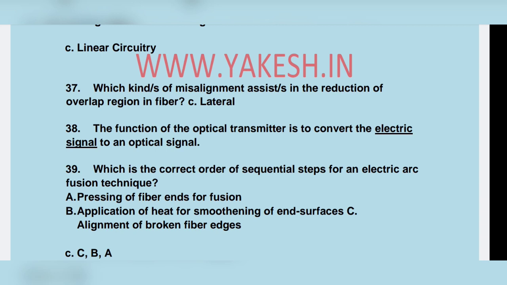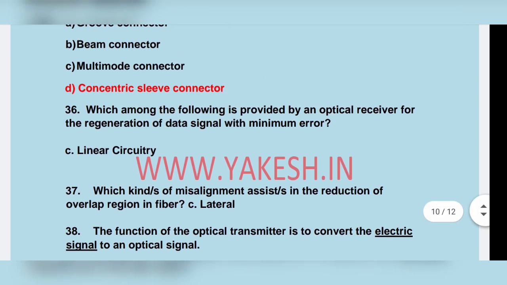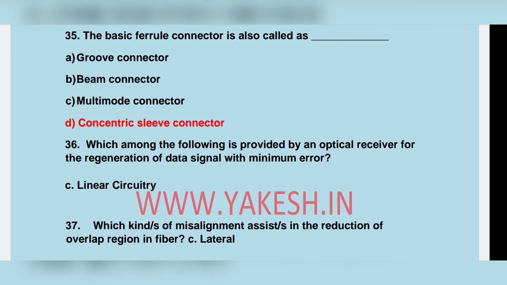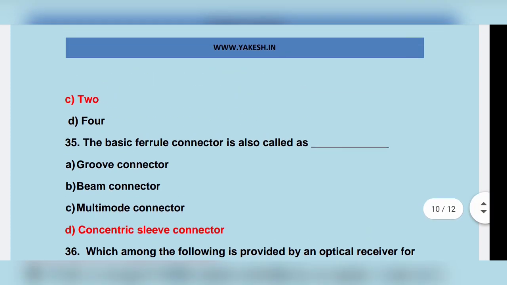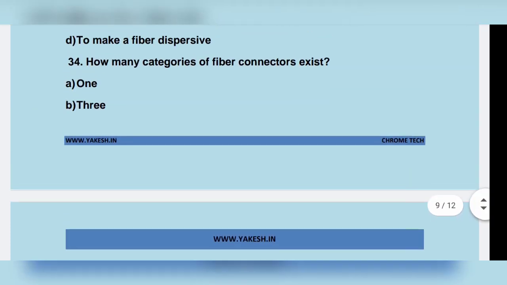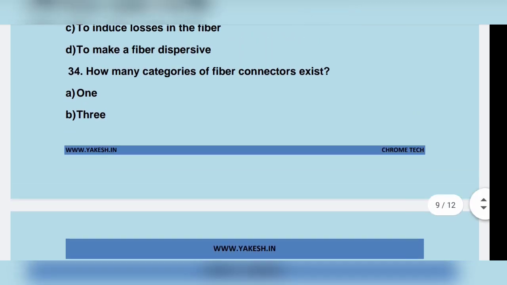Which kind of misalignment assists in the reduction of the overlap region in fiber? Which among the following provides the optical receiver for the regeneration of data signal with minimum error? The basic connector is also called the concentric sleeve connector. How many categories